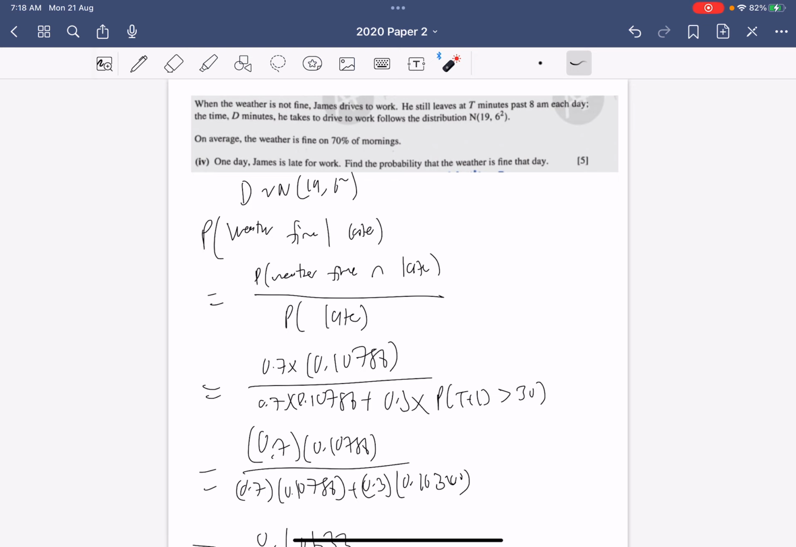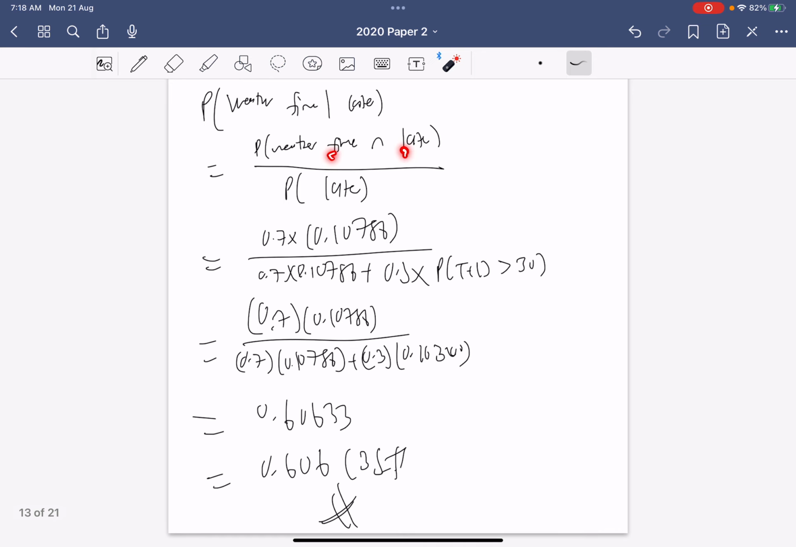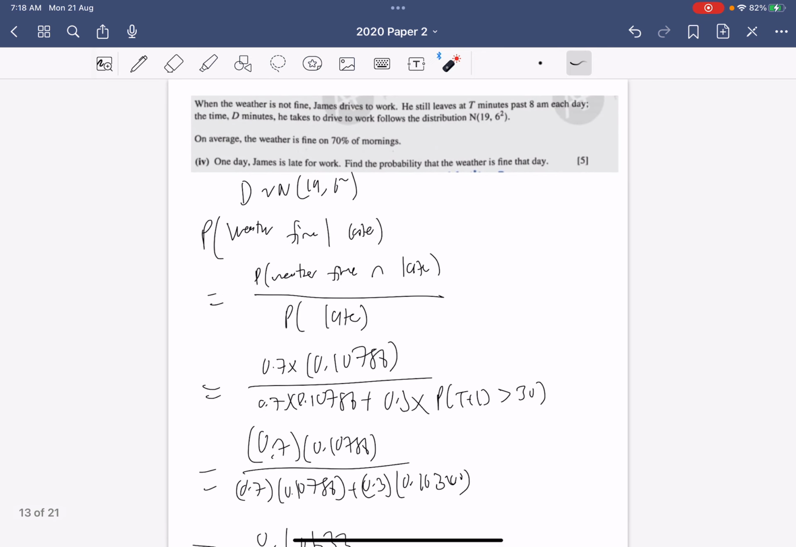So we are already given that James is late for work, and we also want to find the probability that the weather is fine. So the probability that the weather is fine given that he's late will just equal the probability the weather is fine and he's late over the probability he's late. So the weather is fine and he's late is just, you have the weather is fine, 0.7, then you multiply with